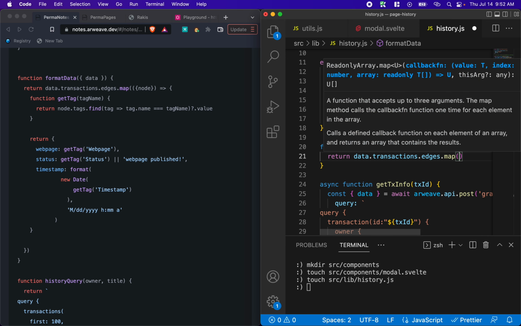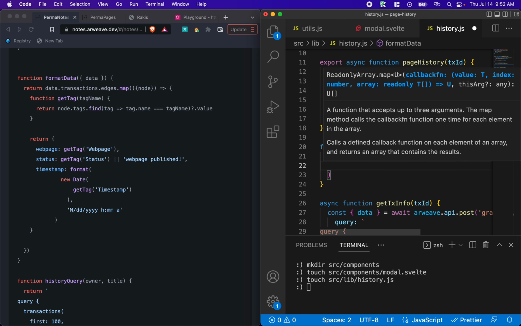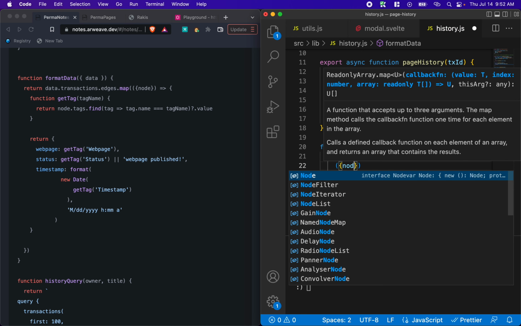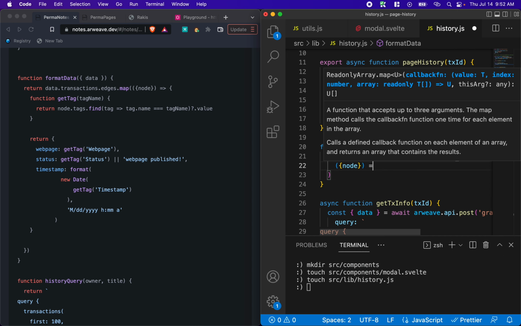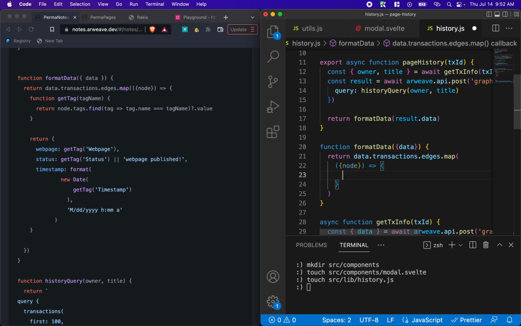So when it returns results, it returns data.transactions.edges, and then edges is an array of all the nodes. So we're going to map that, and in that mapper function, we're going to destructure the node property,